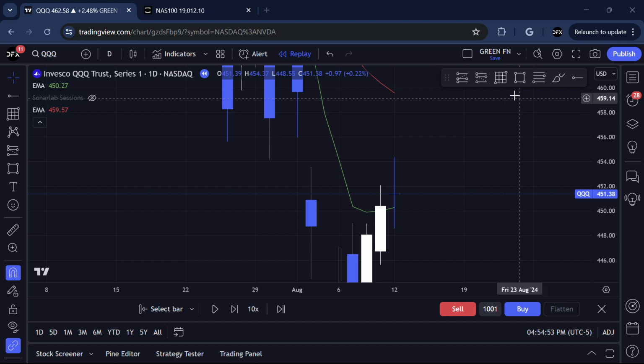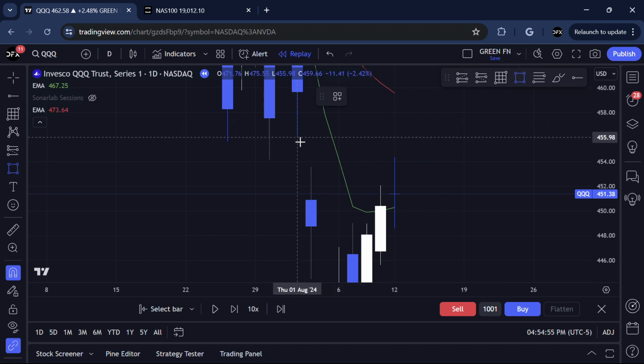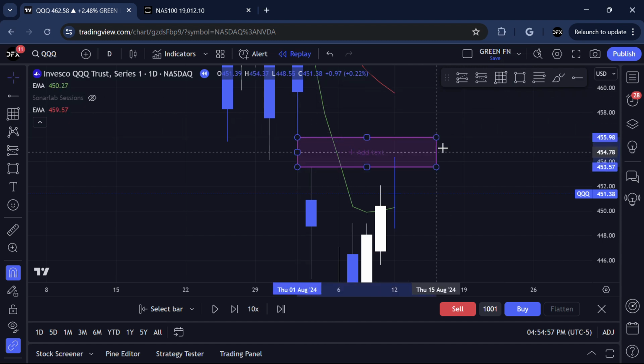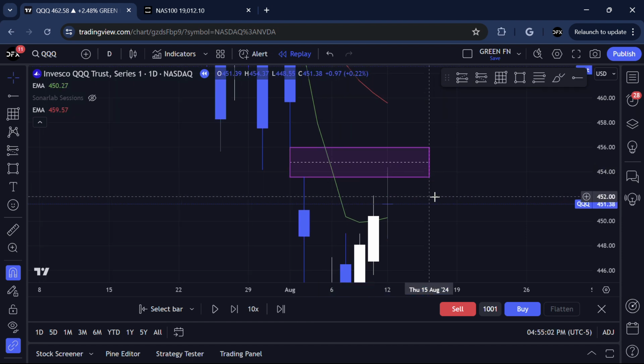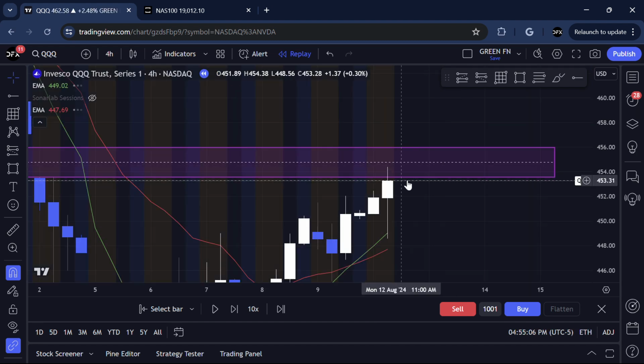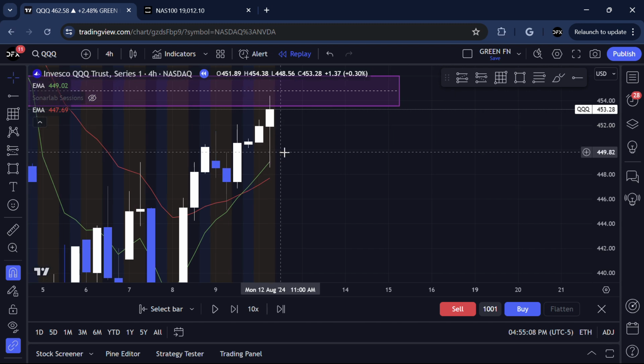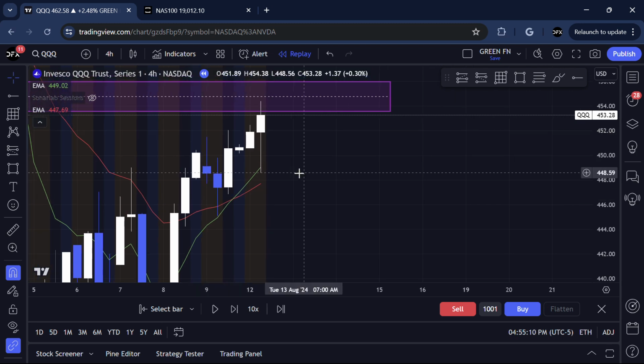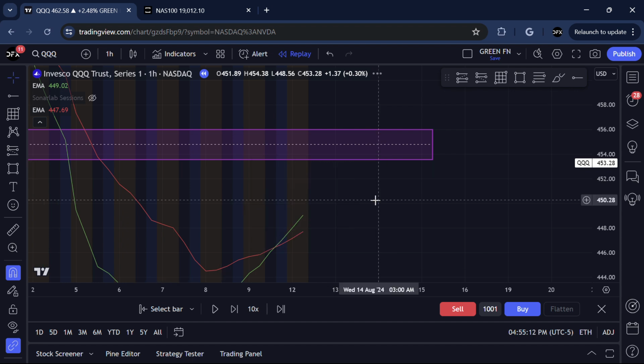So starting off, the one-day time frame per usual, we have this gap. Obviously, what do gaps mean? Gaps mean that the price wants to come back into it per usual. Going down to a lower time frame, see on the 4-hour if there's anything that we can look at. Nothing really, nothing specifically. If we go on the 1-hour time frame,